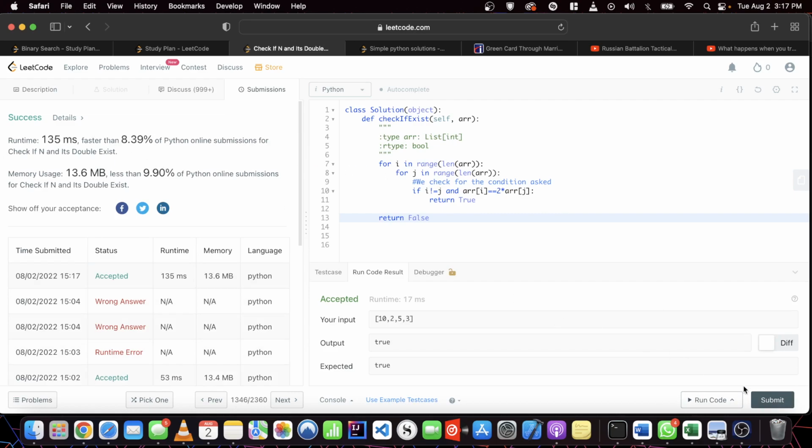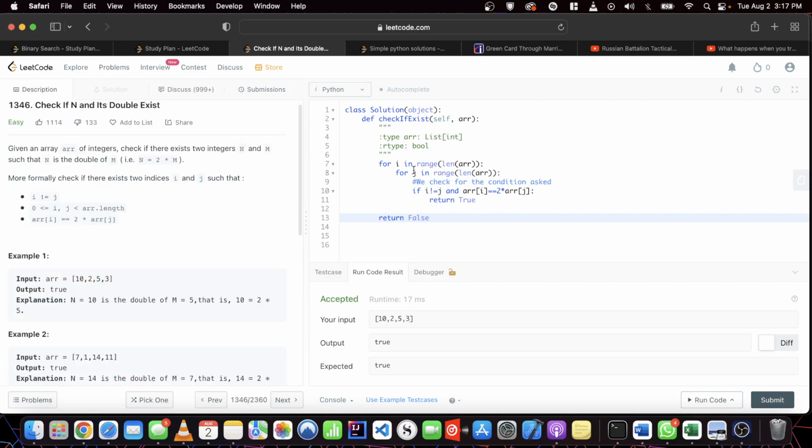Voila, it works. But this takes quadratic time, O of n squared, because of these double for loops. A way to do this better: some people may do a binary search so that it's n log n, but then you still have to first sort it, which takes n log n time. So we can do this in O of n time by